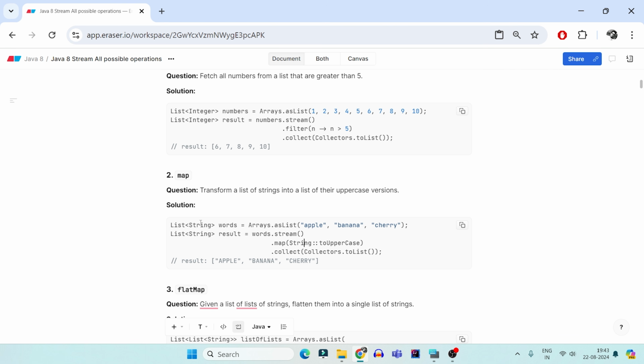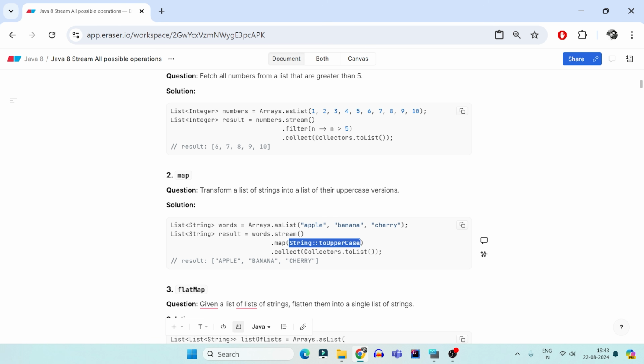So here, for example, I have a list of strings with fruits like apple, banana and cherry. I want to map each and every one to its uppercase. This is how you can map each to uppercase and at the end collect them to a list. If you have apple 2 times, you don't want to collect it as apple, apple, banana, cherry. You just want apple, banana and cherry. You want to remove the duplicate ones. You can also collect it using a set. So this is the use of map, which is an intermediate operator that can convert each and every element to another element using some operation, and that operation you can pass in the argument of map.